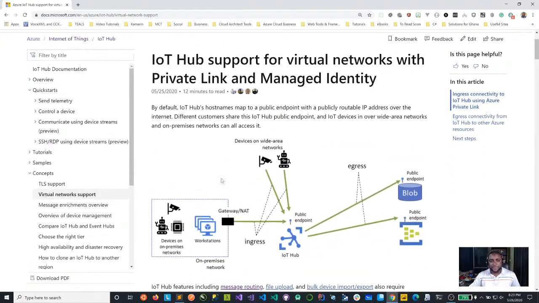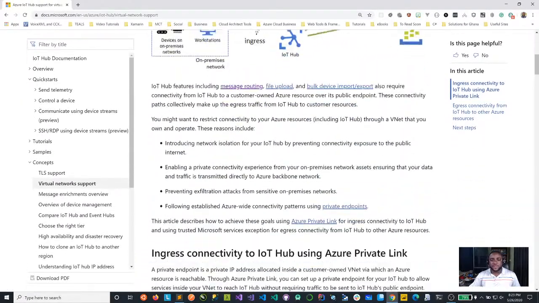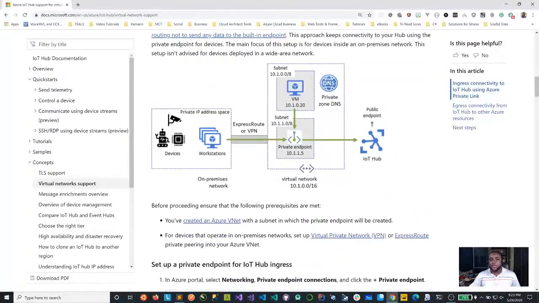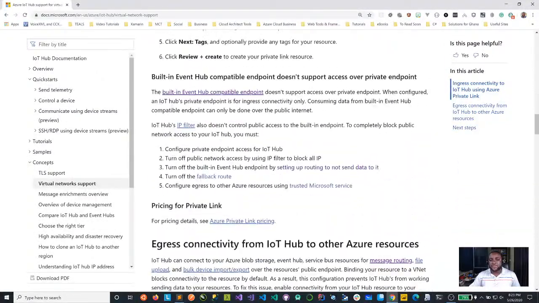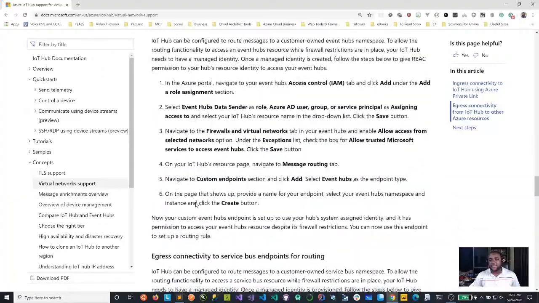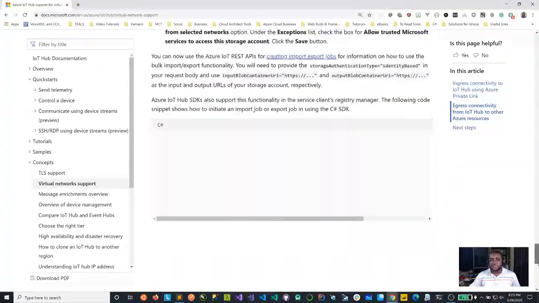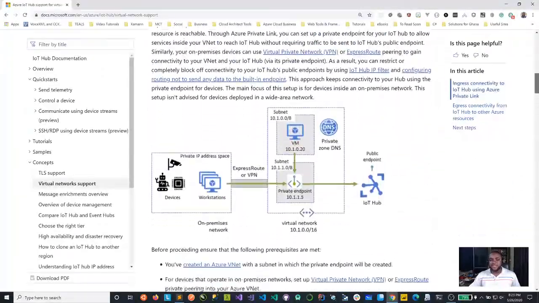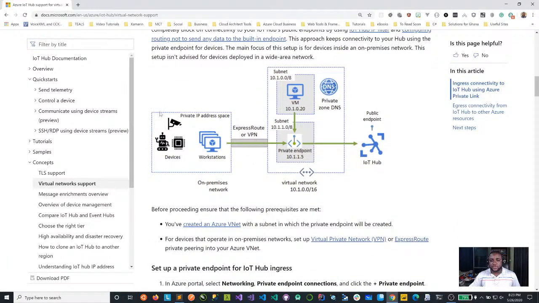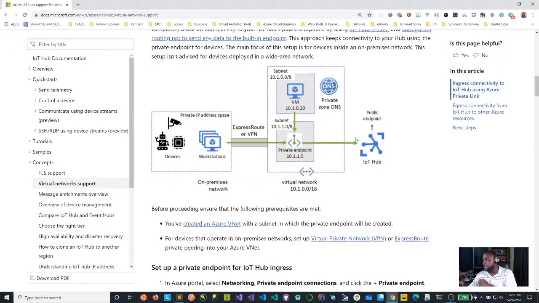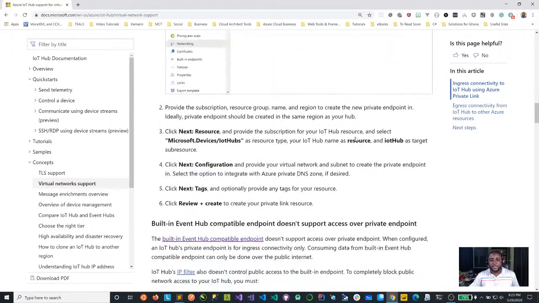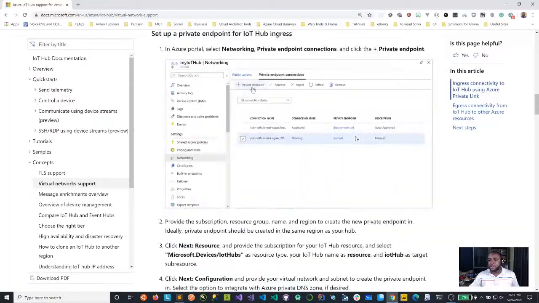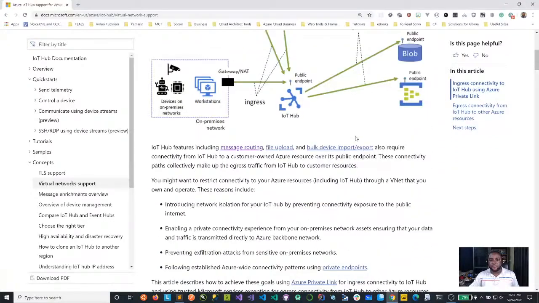So as you can see, now by default, take a look at this. Now you can secure all your IoT deployment in a virtual network. All right. That is much more secure. Okay. So this is on premise. You have a virtual network here. You are using, let's say, Express Route to connect to the public endpoint. But now you can set this up very simply.